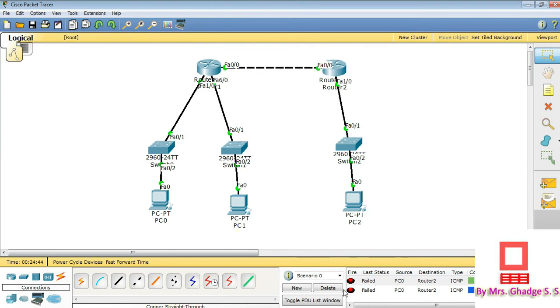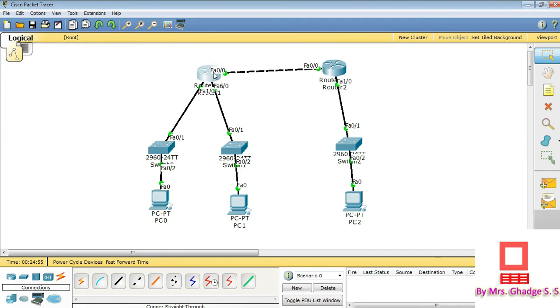This is because we haven't configured any routing protocol here. So here we have to either provide static routing or configure some type of routing protocol so that the different networks can interact with each other.